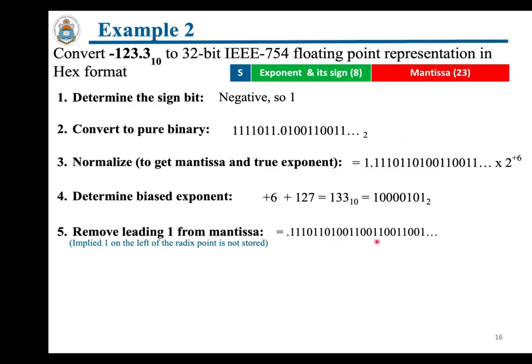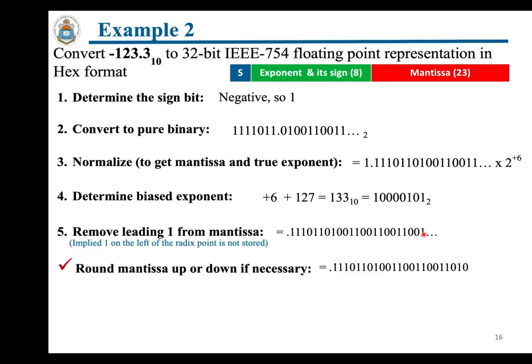Now dear students, since the mantissa includes a recurring bit sequence, it is too long to be stored in a finite number of bits. We cannot store all these bits in the 23 bits which are available to us. So you either chop the mantissa to make it 23 bits. This is known as rounding down. However, most computers round the mantissa either up or down to the nearest value. And for this we need to perform an extra step.